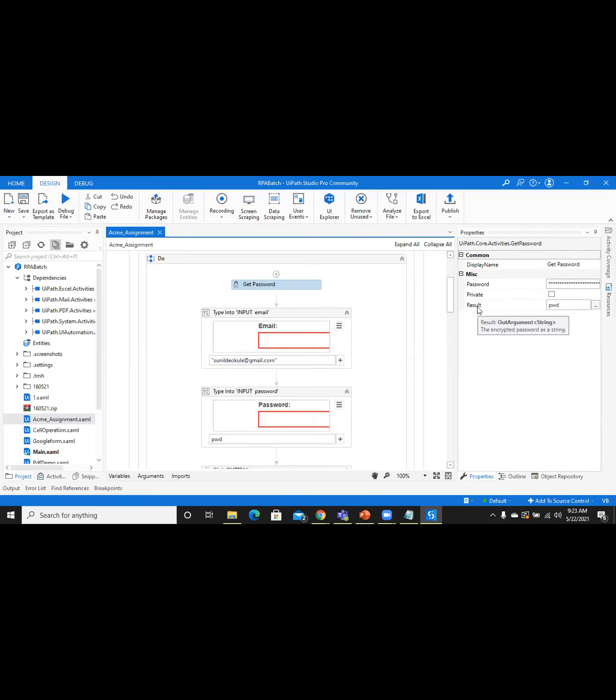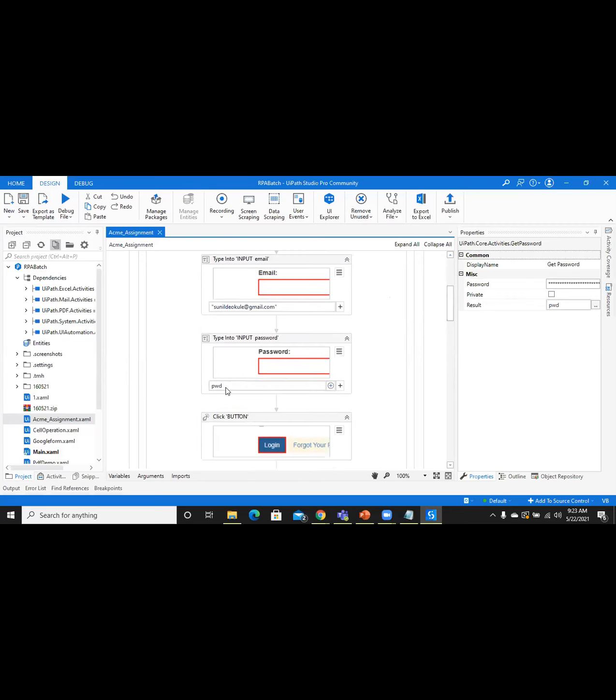So whenever I want to use that password, I'm just using pwd, not the actual password, because it should be secured. It should not be accessible to anybody else. That's why I store my password using Get Password. I created one variable, pwd, and stored the password, so whenever I need to use it I use only this pwd variable.